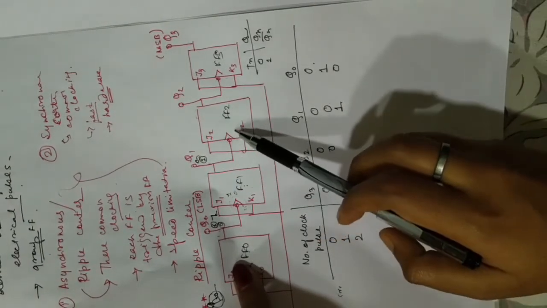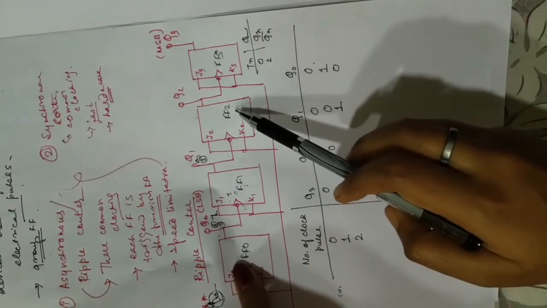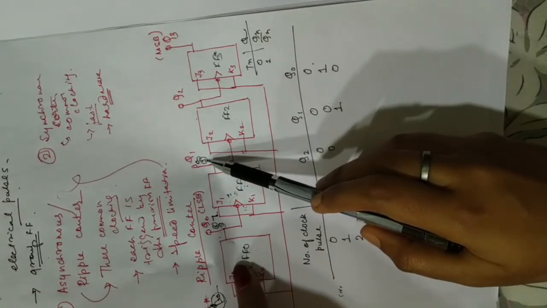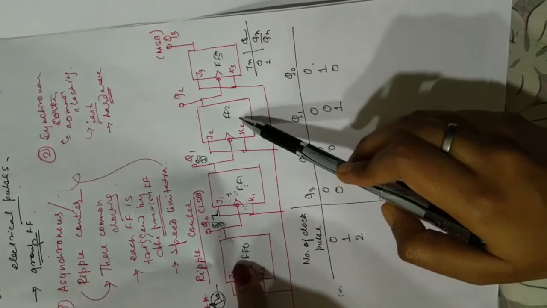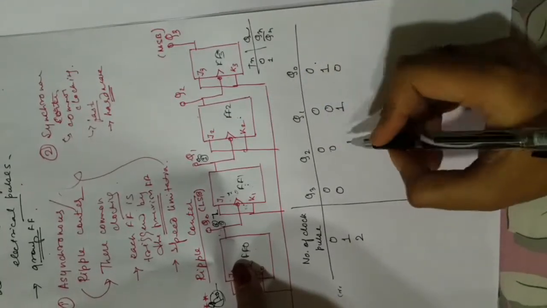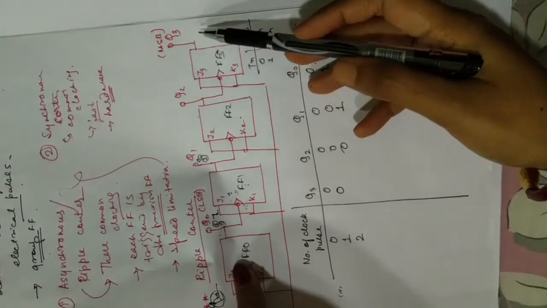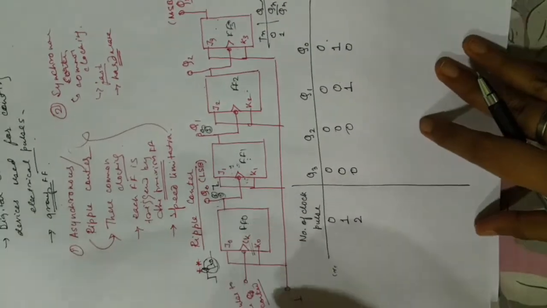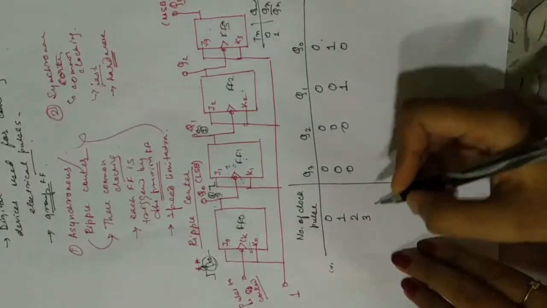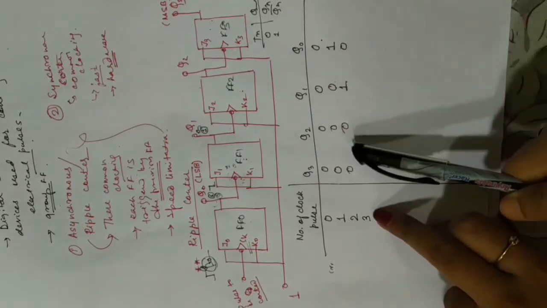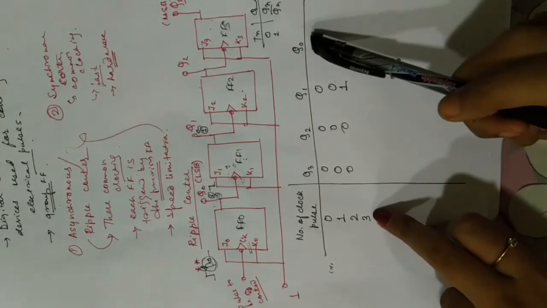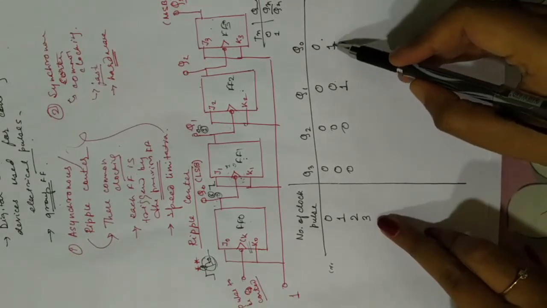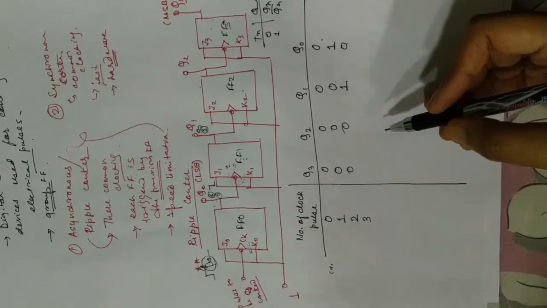Again, this acts like the clock pulse of this FF2, but since it has changed from 0 to 1, it is the positive edge of the clock pulse, so this does not get active. We get the previous output, that is 0, and again even this remains inactive. We get the previous output 0. So like you can see, the flip-flops only change state when their previous flip-flop changes state from 1 to 0, right? So this thing continues.